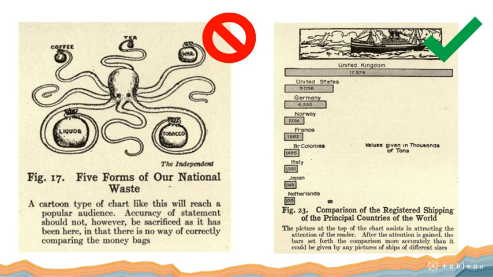Evidently, there's some octopus holding bags. I don't know what it has to do with anything, supposedly national waste. But it's a fancy chart that's making it very difficult for me to understand the proportions of these items: liquor, coffee, tea, tobacco. I think I can tell you which one has the most, but how much more? Is liquor like 10 times more than coffee or 5 times? I have no idea, right? It's hard for me to really even get a vague notion of how much bigger those items are than the other.